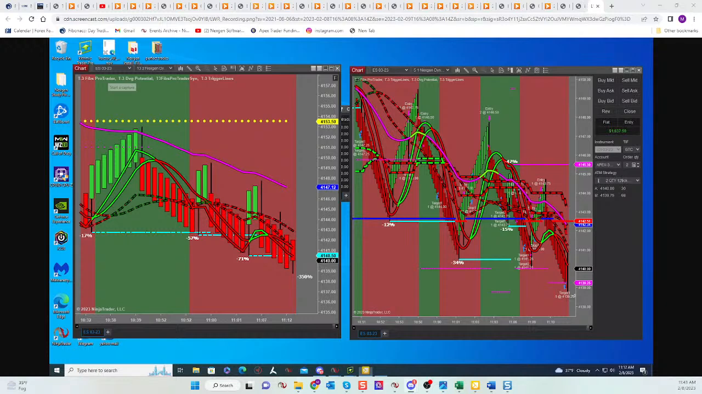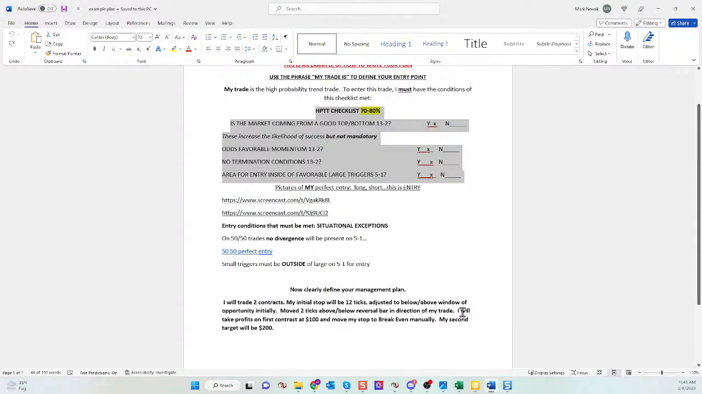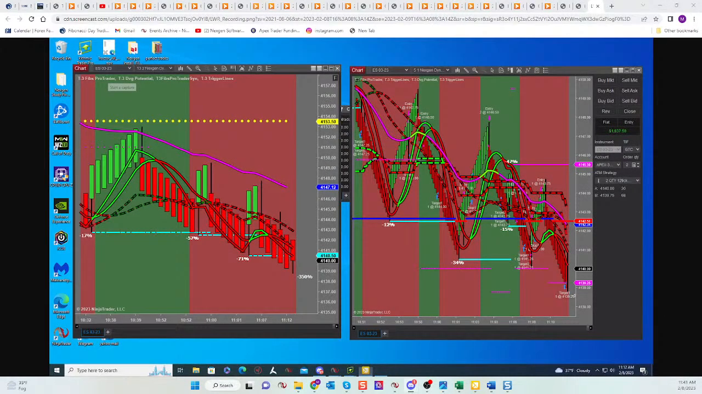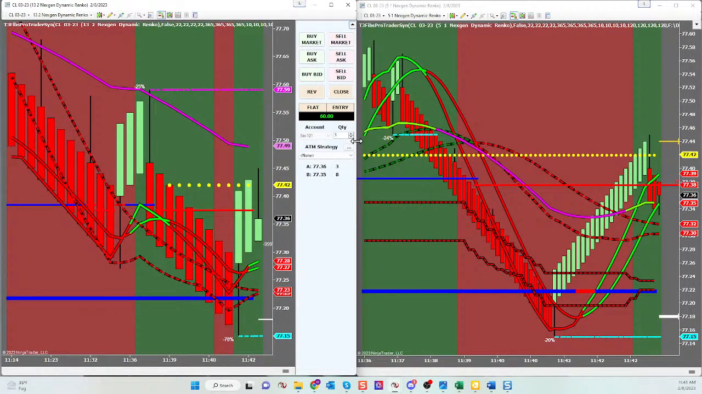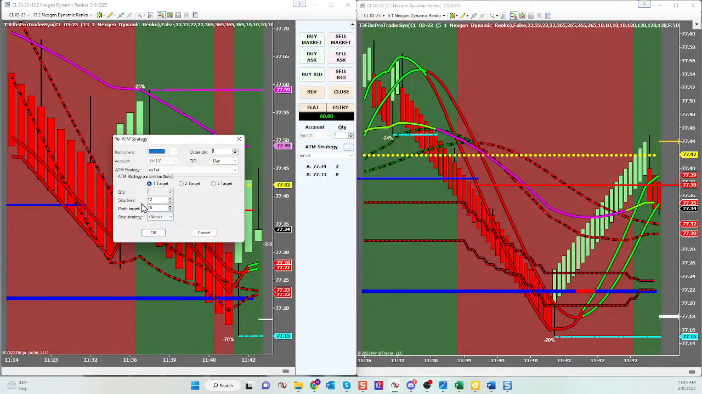Sam, you ask, should one be willing to adjust their stops to say 15, 16 ticks below the large triggers? And then Sam, once again, have rules. Mine says that my initial stop will be 12 ticks. And what that means is that when I pull the trigger to get into a trade, my automated trade strategy, let's just pull one up real quick, has my stop loss predetermined at 12 ticks. But my management plan